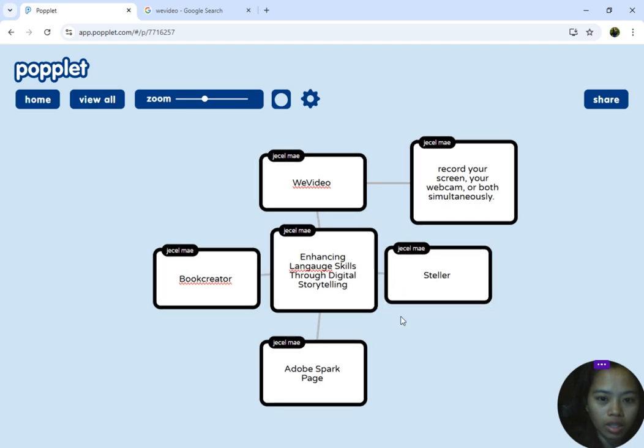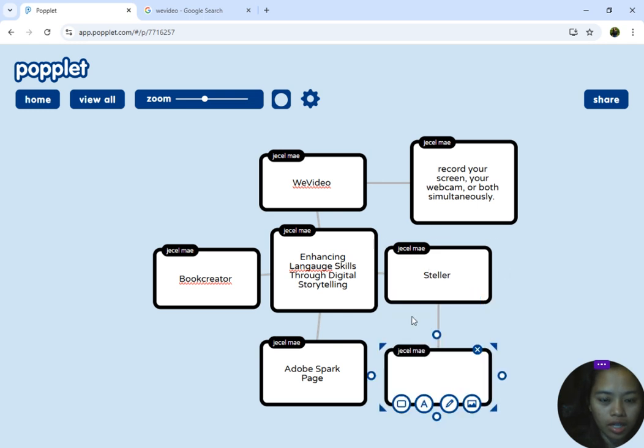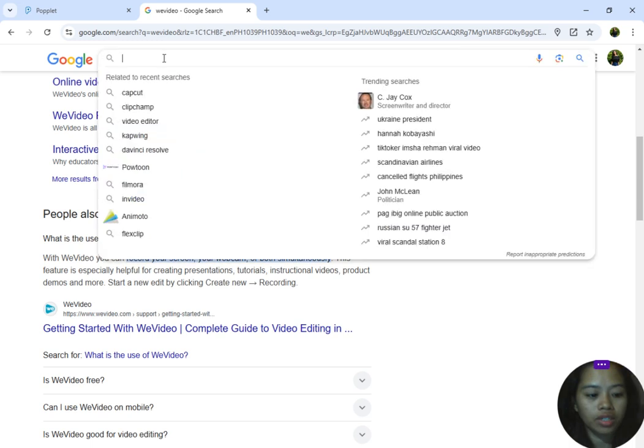Okay. And Stellar. Let's search the definition of Stellar.